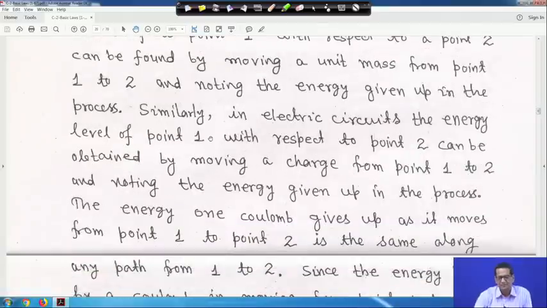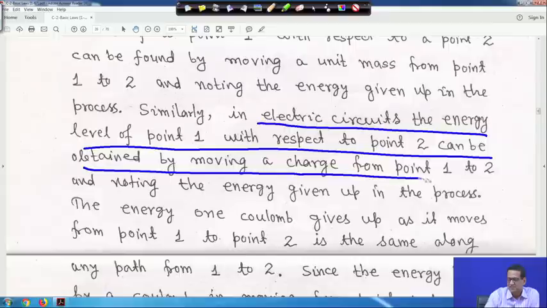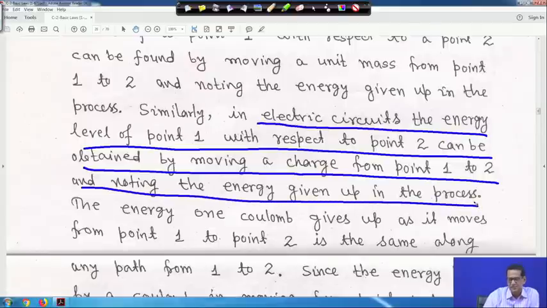Now, similarly, in an electric circuit, the energy level of point 1 with respect to point 2 can be obtained by moving a charge from point 1 to 2 and noting the energy given up in the process. So, the energy that 1 coulomb of charge gives up as it moves from point 1 to point 2